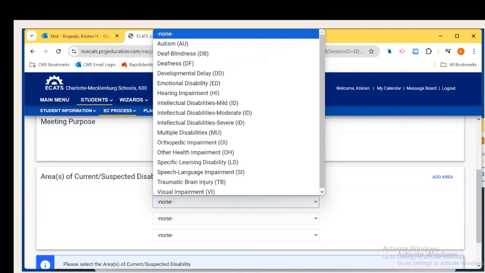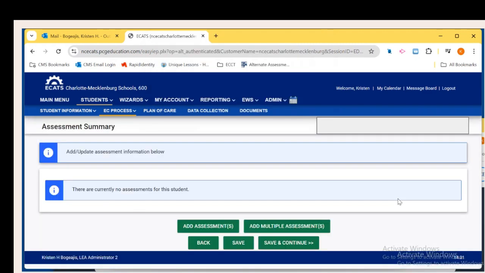And that just comes from my AU brain, or my Metro brain. I want to make sure that just in case they qualify under more than one category, we have that MU option. All right, so then once you've selected those areas, you're going to see that in the assessment summary, this